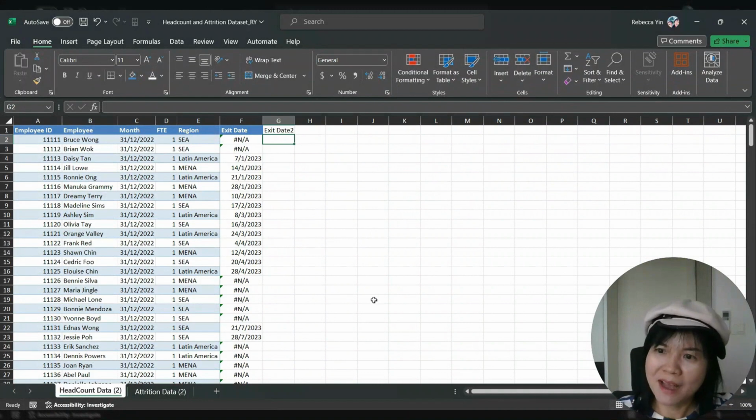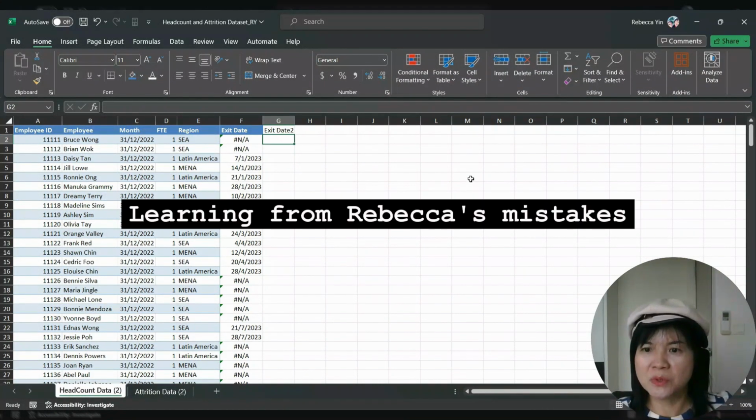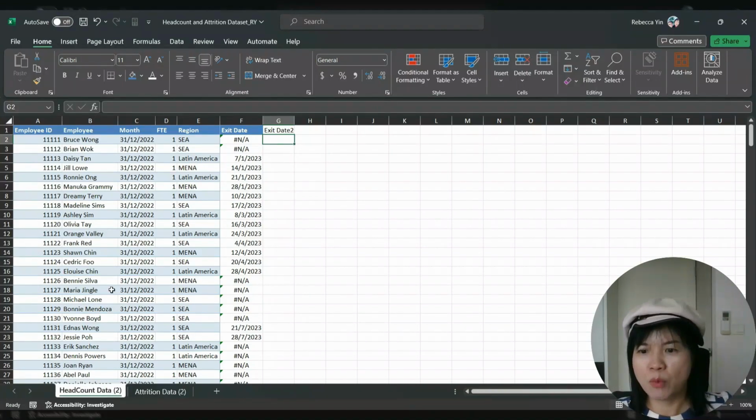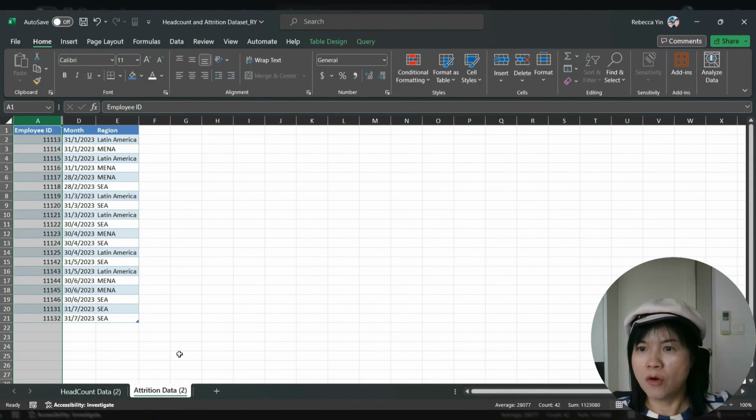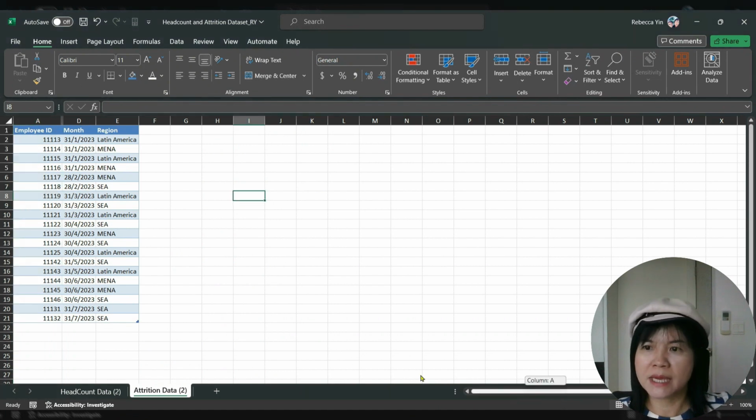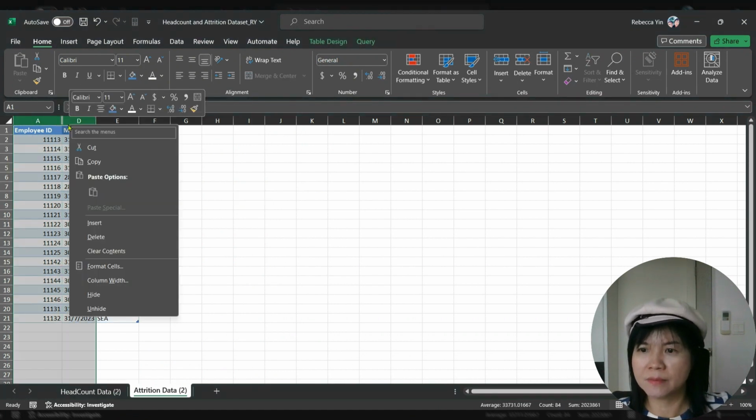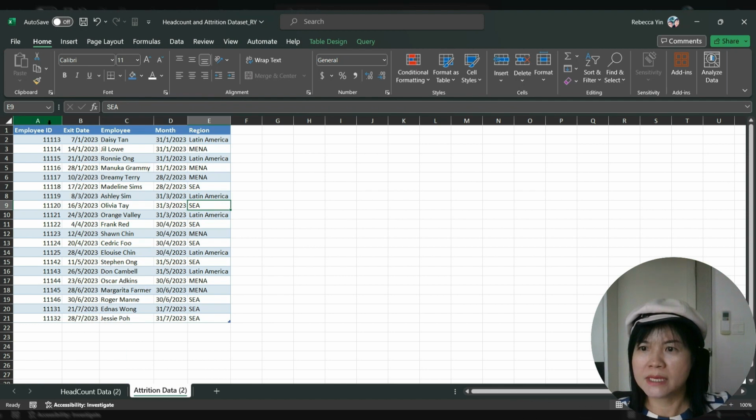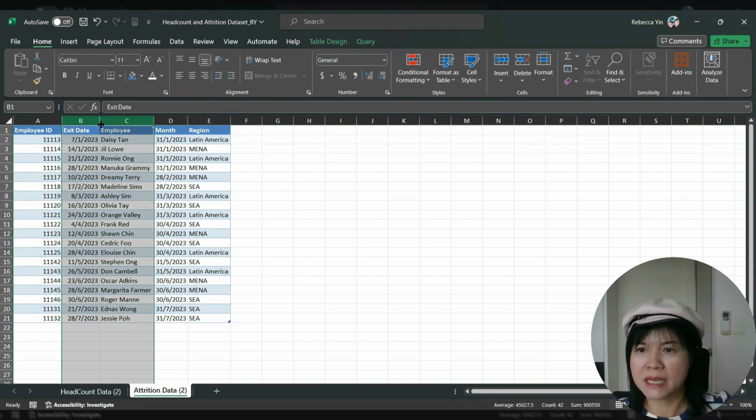Hi, welcome back. I'm right now going to show you how to use the VLOOKUP process again. However, this time round, it will be a pitfall that I've actually made. Over at the attrition data set, let me just unhide. We can see that the exit date is at column B, employee ID is at column A. Now, what happened is that if I shift this around,